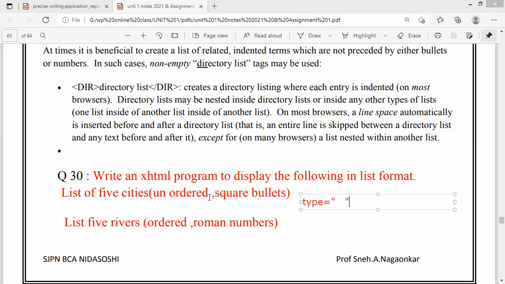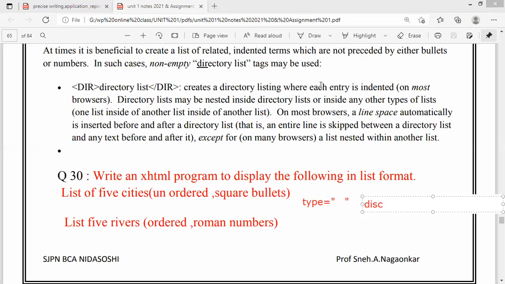So now when we are talking about this unordered list, here they are asking you to take what? The square bullets. They have specified here what type of parameters you have to pass. You have to pass square, right? You cannot pass the parameters of your own choice. If you do not pass any parameter, what happens? It will take default. So what is the default for unordered list? The default for unordered list is what? Disk. Okay. So disk is just like circle. It comes like this. Okay. O, which is oval shape, right? It is not exactly in the shape of round. It is an oval shape. It is the default for unordered list. So if you do not pass any parameter, by default, it will go to what? The disk. Is it clear?